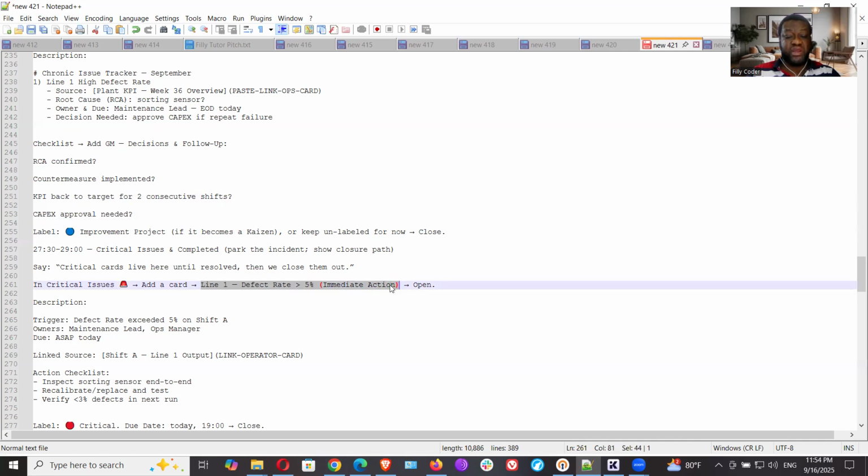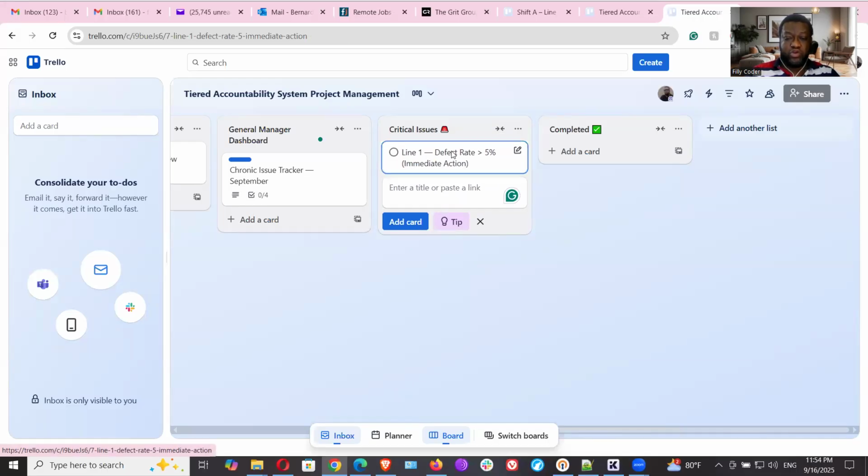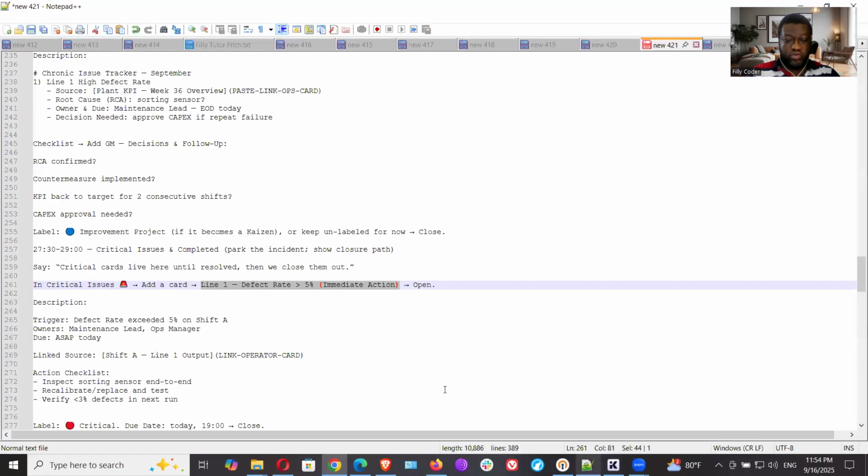It needs immediate attention so that everybody can see it and know if it pertains to them, they need to do something until this is resolved and move to completed. So I hit enter and go to this card to customize it. And in this critical issues card,